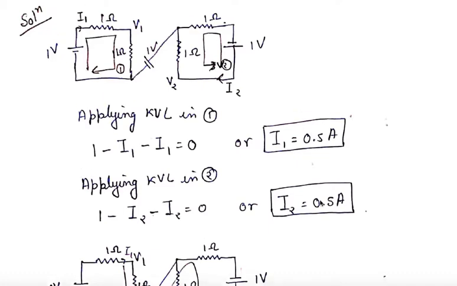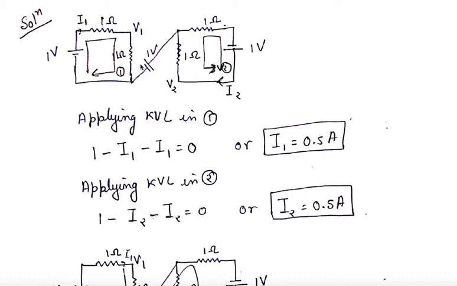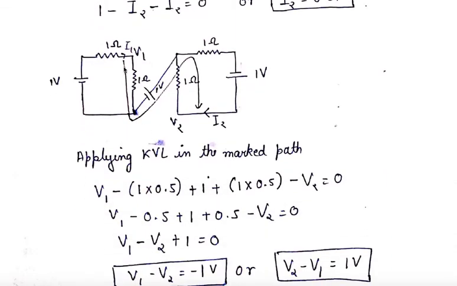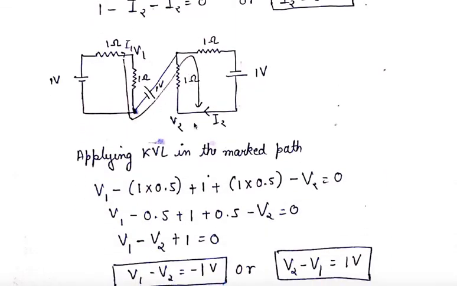Now we know the value of both the currents, so we will apply our KVL in the direction where it is covering both the voltages V1 and V2. So this path we will choose, because in this path we are getting both the values of V1 and V2. You can choose some other path, it's not a problem. Any path you can choose and trace through it, but this is the simplest path which we can take. So this path we will be taking, we have marked this path V1 to V2, and we will start tracing